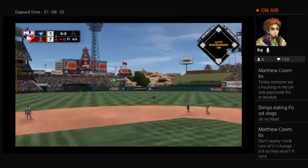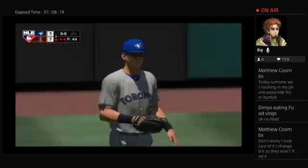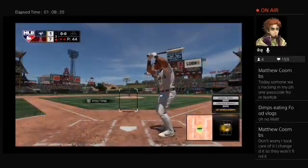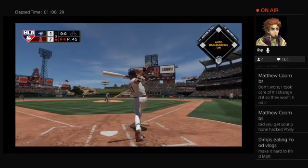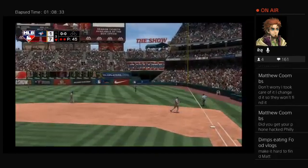Swung on and lifted in the air to left center. And he'll lay out to make a spectacular catch. Wow. Number 37, riding in once again. 0 for 1 here in the early going. First pitch on its way. This is pulled into right. Richard is there, and he puts it away to stop the